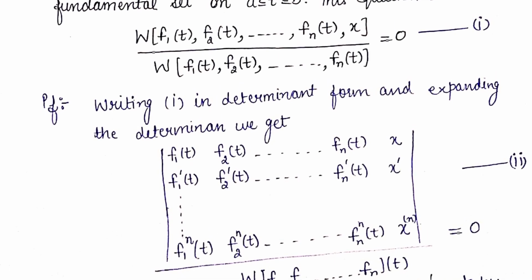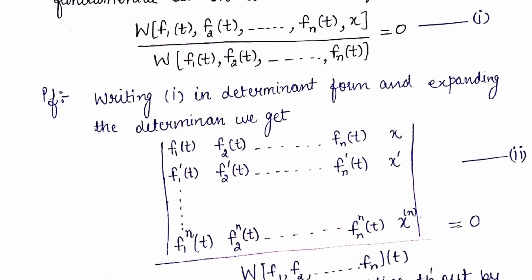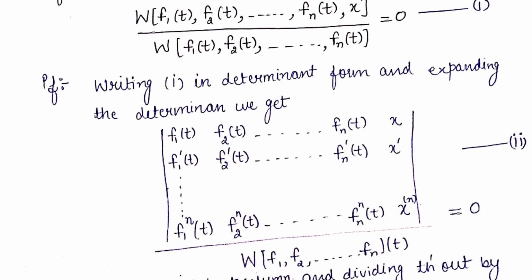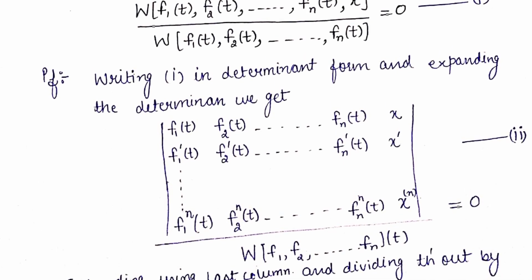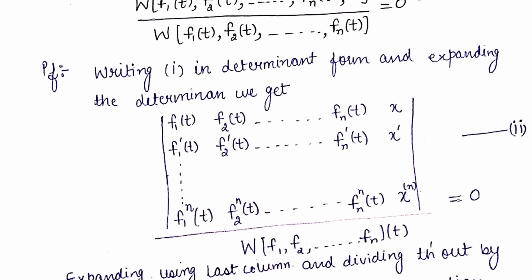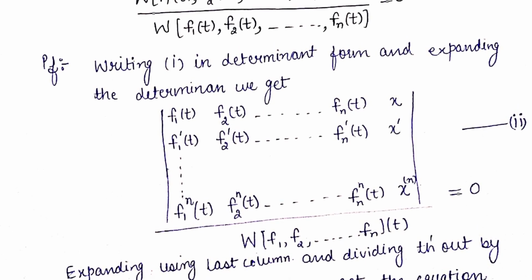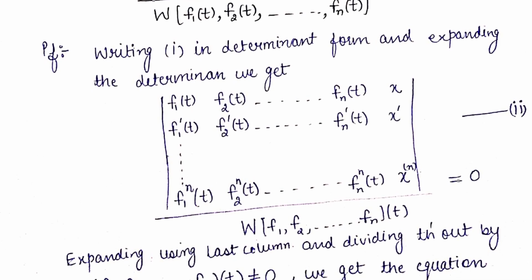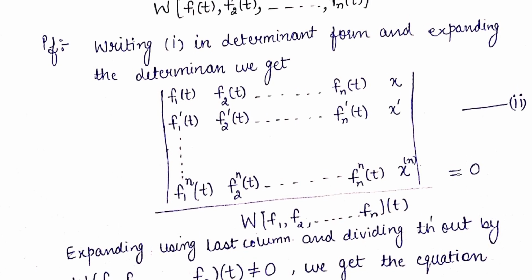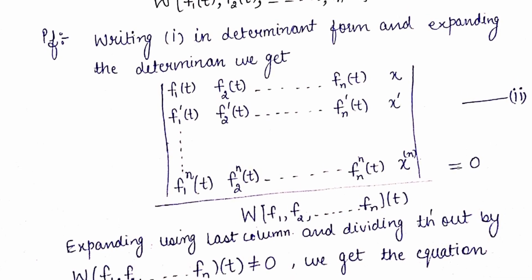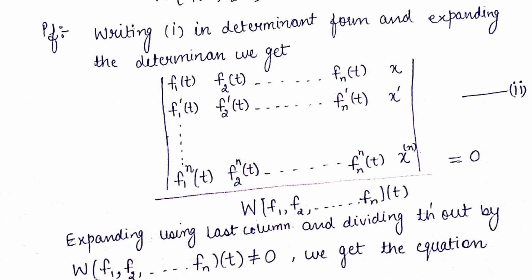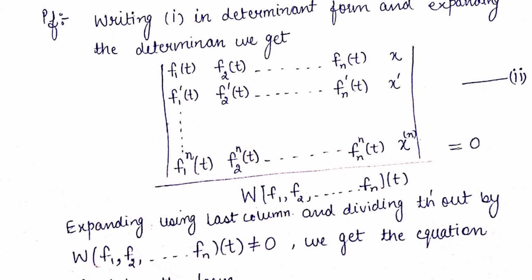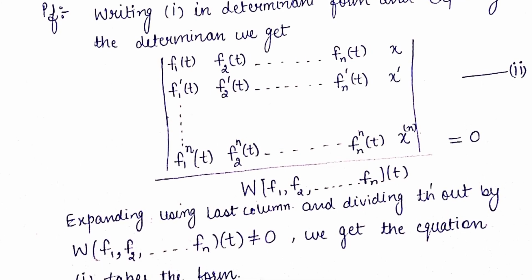That is, this is the equation of order n with f1, f2, fn as its fundamental set. So let's start the proof. First, we will write this differential equation 1 in the form of a determinant and then expand it. So writing the equation 1 in determinant form and expanding the determinant with the last column and